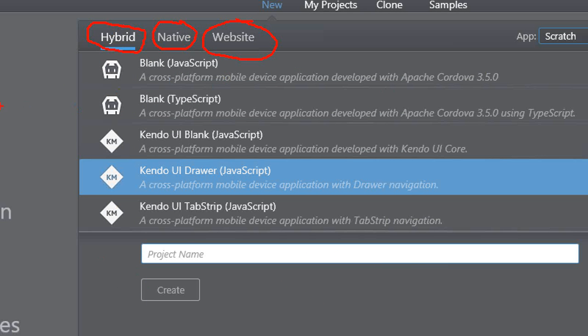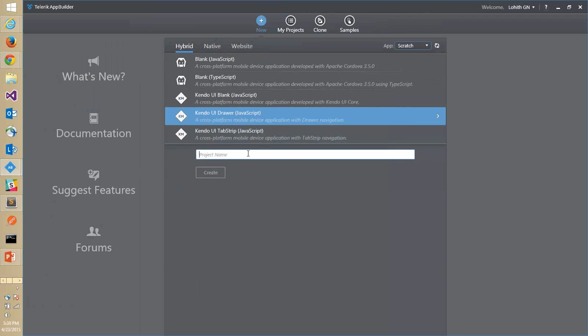And these are all the different project templates that we have. It's as easy as opening your Eclipse or opening your Visual Studio and saying File, New, Project. So I'm going to select Kendo UI Drawer for now, and I will say Telerik webinar demo, or let's say native